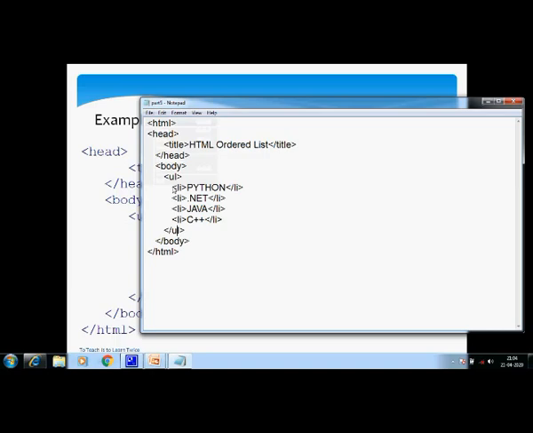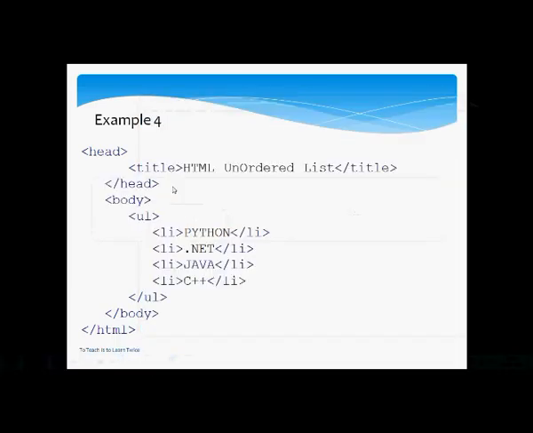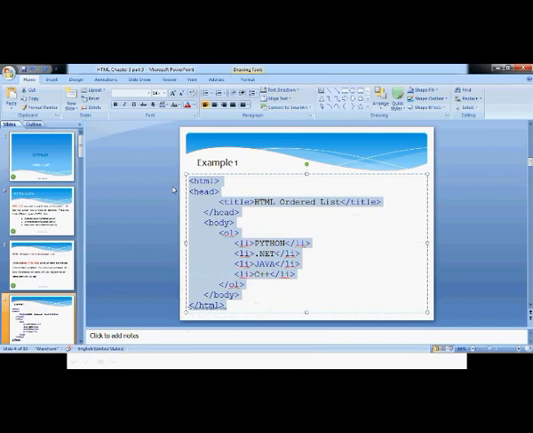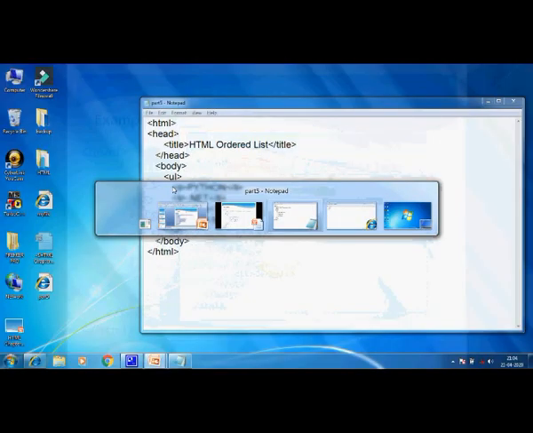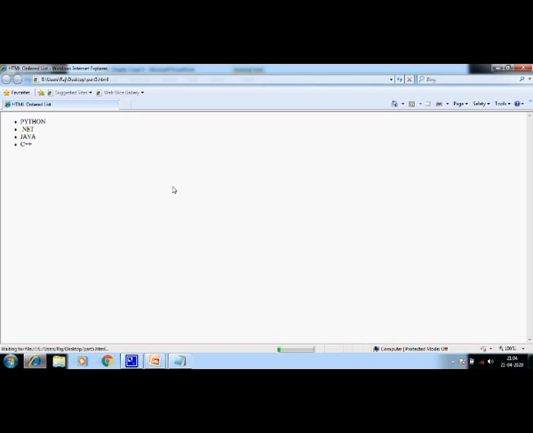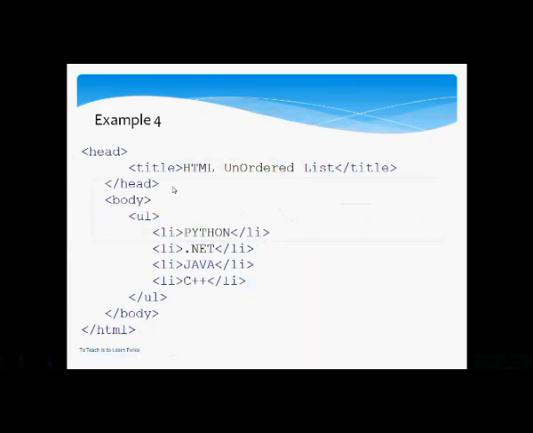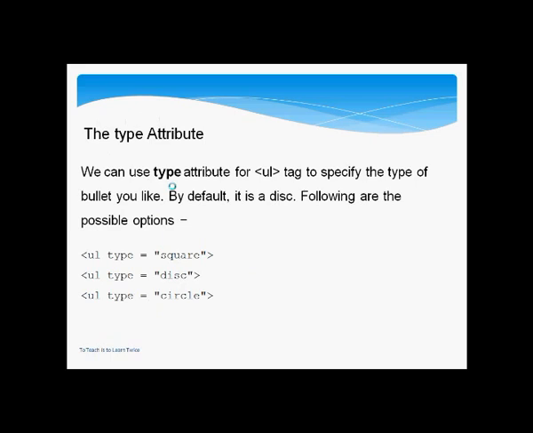File, save, and I'll go to the browser and refresh. Where is my browser? Here it is. See student, the numbers are changed into bullets. By default it is a circle, a solid circle. We also call it